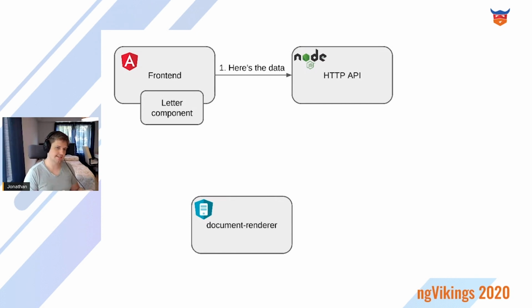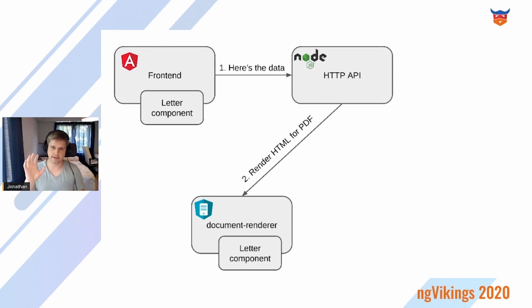And then what I've done is I've created a separate Angular Universal application that uses the same letter component as we use in the front end. As it's data-driven, we don't need to make any changes because of the way we're getting the data from different sources, but we can just push the data in. So then the API that's coordinating the process can make the GET request to the universal application. The universal application will then go and get the data that it needs for rendering the letter component,